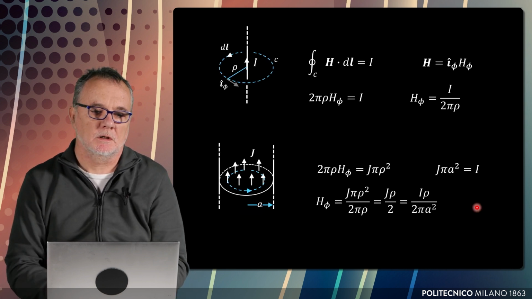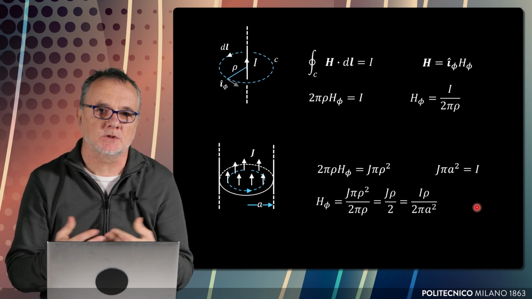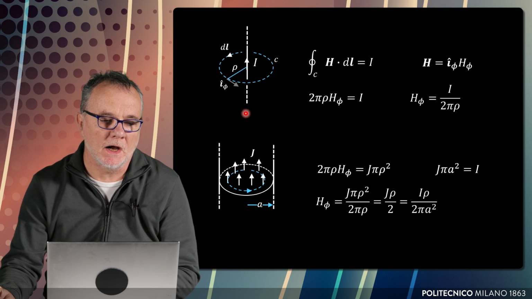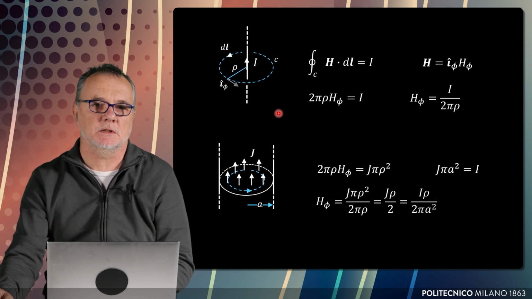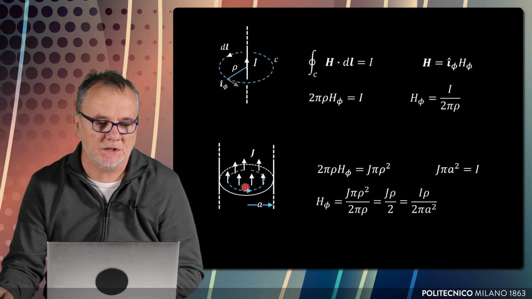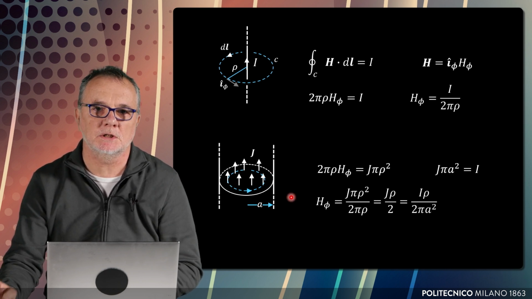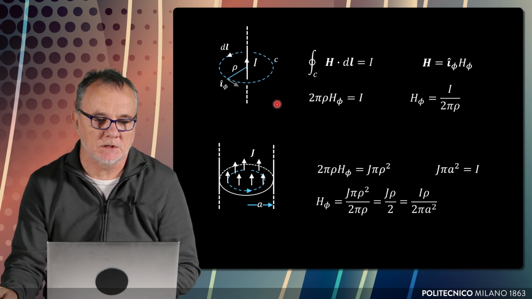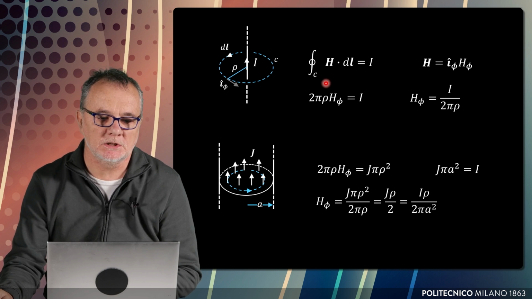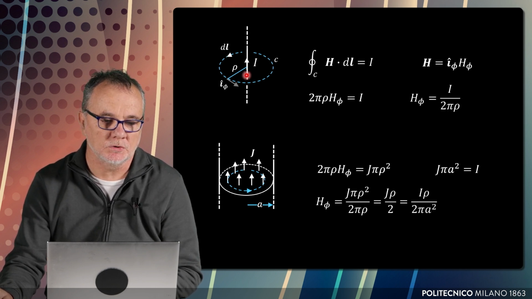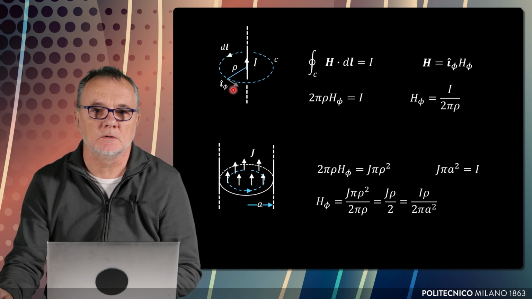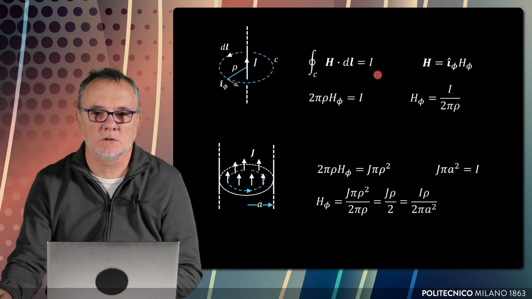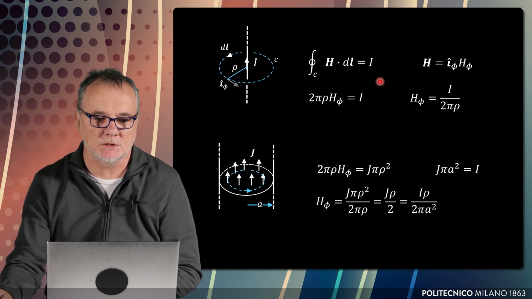Let's make a simple computation of the magnetic field thanks to Ampere's law for two simple problems. The first problem is a wire of current indefinite in length placed at the origin along the z-axis, for instance. And the second problem is a distribution of current density that is uniform inside the wire. For the first problem, we use a cylindrical coordinate system, and we write Ampere's law: for a given circle of radius ρ that encloses this wire, the circulation of H along this circle equals the total current I that we impressed in our system.